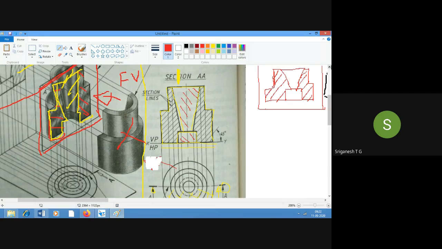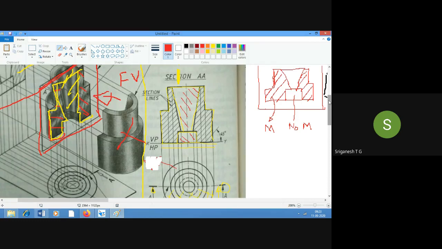Yes. Now can you see the difference? Now there are two different regions. One is the hatched portion, the shaded portion. The other one is the unshaded portion. So there are two different meanings that I can give, right? So the convention is that wherever we have given the shading, which technically we call hatching, in that particular place material is there. Wherever there is no hatching, there is no material. That means it is hollow.